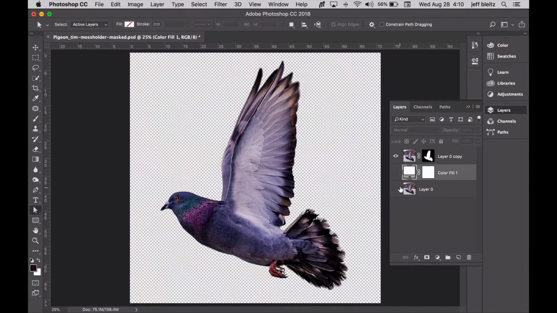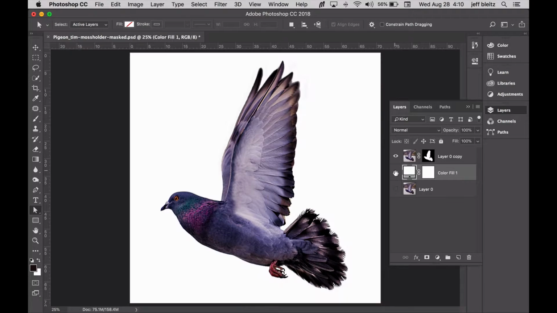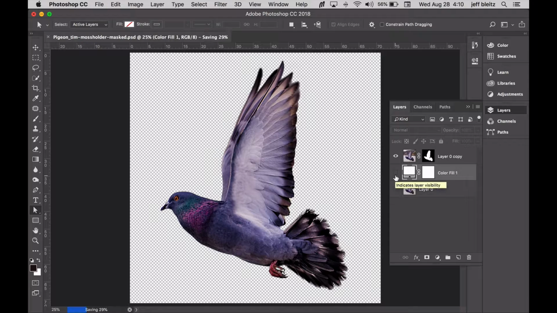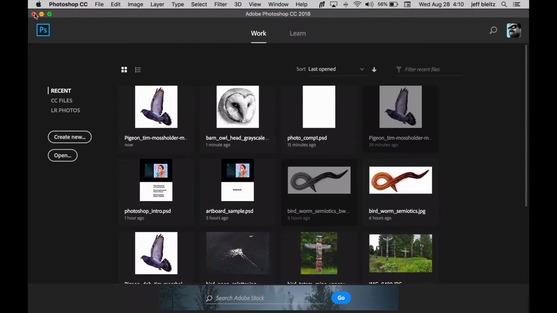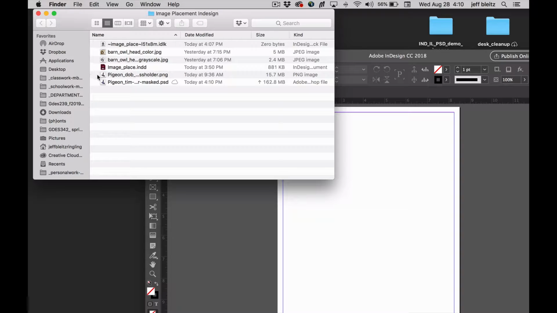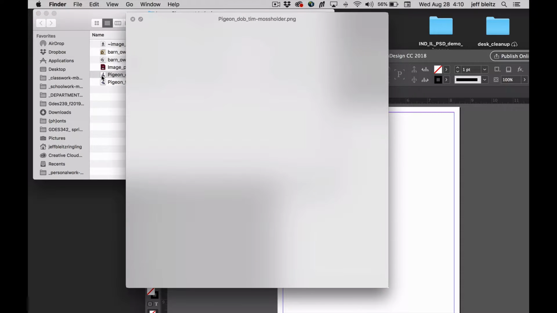But that's a Photoshop file that is basically in appearance the same as my other one. Where'd it go? Hang on, bear with me. So these essentially look the same,